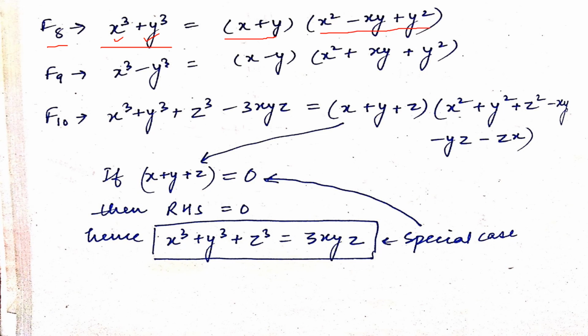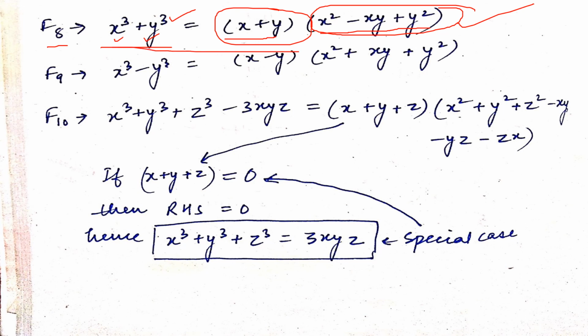So you can see you have first term, you have second term, and they both are getting multiplied. So this is known as factor form. This is known as expanded form. I've given you a question also in the last class where you had to verify this formula. I've told you that you have to solve the right hand side. How do you solve the right hand side?